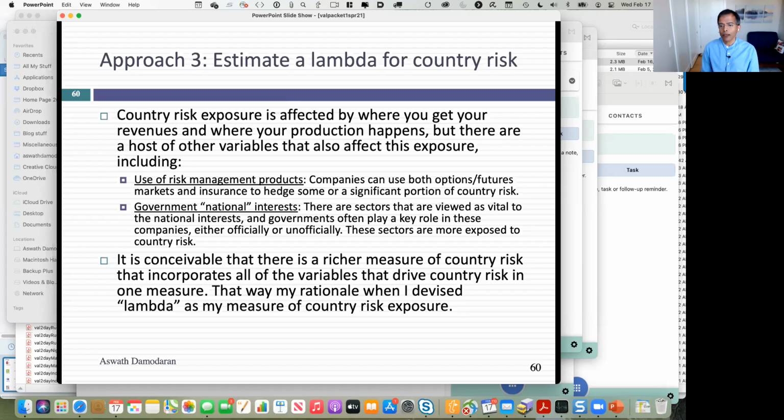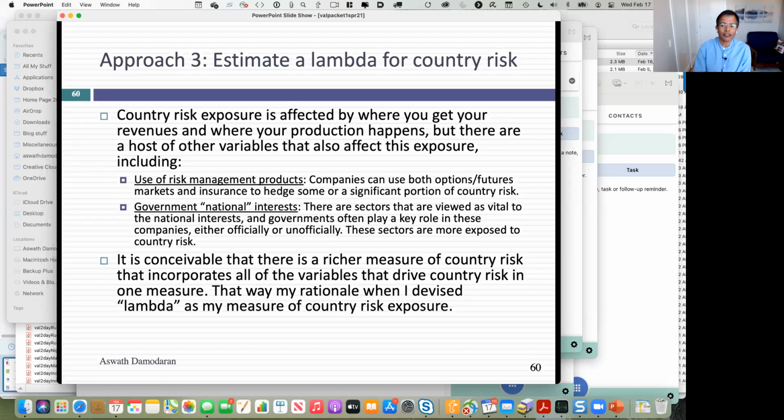That's the first step. And you can use revenue weights, but when you do that, stop and ask the question, should I be looking at production as well? Maybe you will change your mind. And if you decide to also bring in production and operations, then you might need to dig a little deeper, see where their production is. And you might not be able to find it, in which case it's not your fault. They just don't reveal that information.